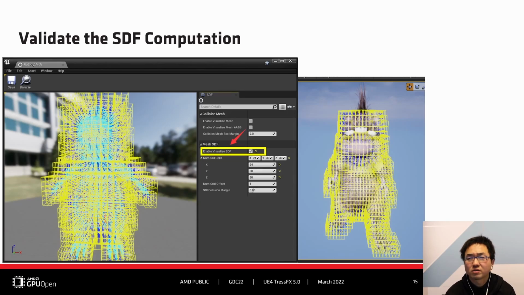You can turn on SDF visualization by enabling Visualize SDF. We can visualize both in asset and level map editors. We can edit the resolution of SDF cells. After this step, we could confirm and validate whether the SDF computation is correct. And it's time to improve the incorrect SDF info limitation.